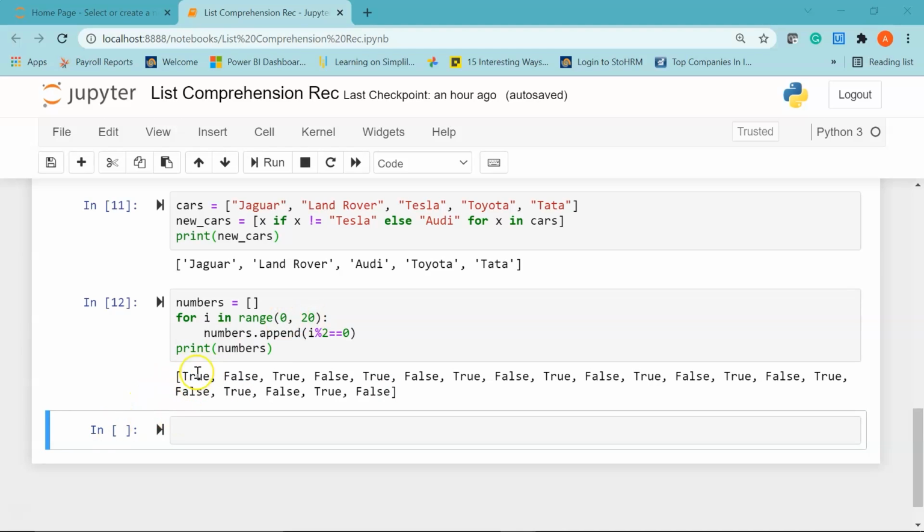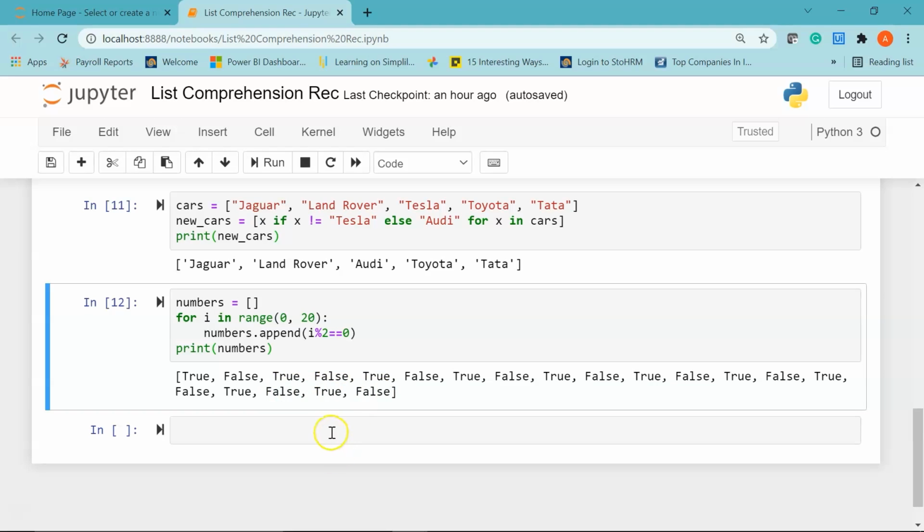So we have 0 as true, 1 is false, again 2 is true because 2 is an even number, 3 is an odd number, so we have false, 4 is an even number, we have true. Here 5 is an odd number, so we have false, and so on and so forth. And the last 3: 17 is an odd number, so we have false, 18 is an even number, we have true, and 19 again is an odd number, so we have false. Alright.